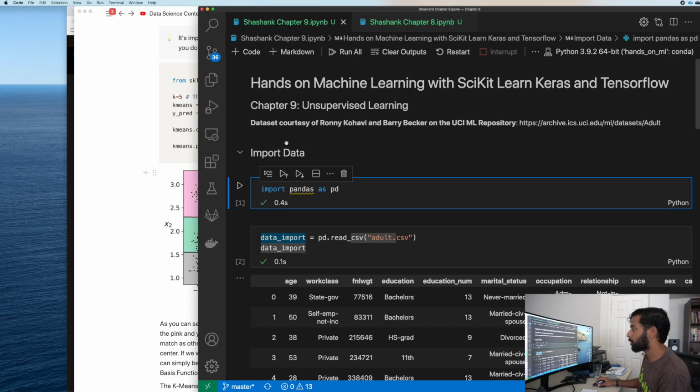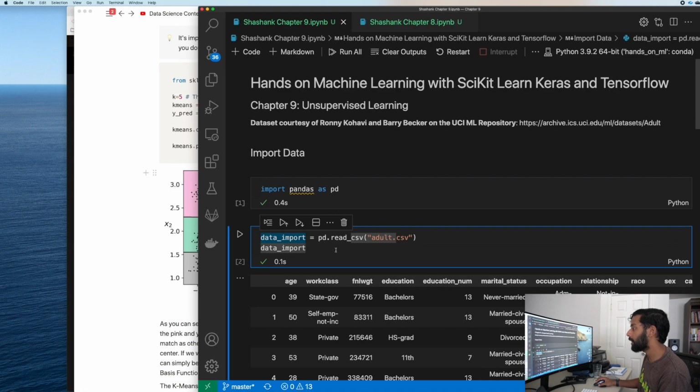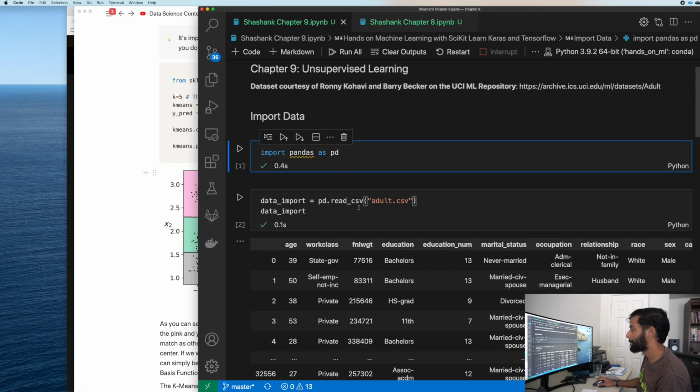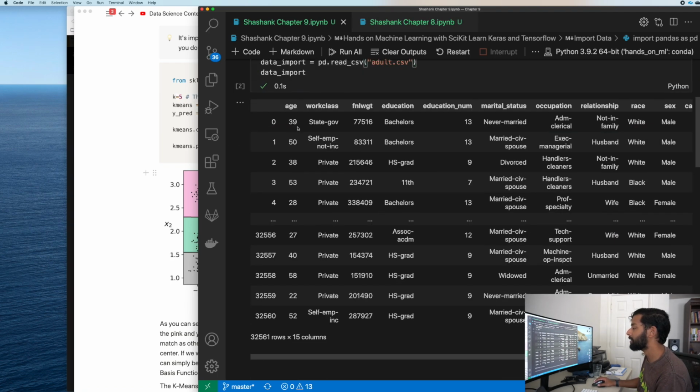So the first thing we're going to do is import the data. And there's a lot of data pre-processing I had to do to get this data set ready. I did it before we did the video because I felt like it would just be distracting, because we're past the point of learning pre-processing, my bad. So of course, go ahead and import pandas, import our data set. And as you can see, basically it's a data set.